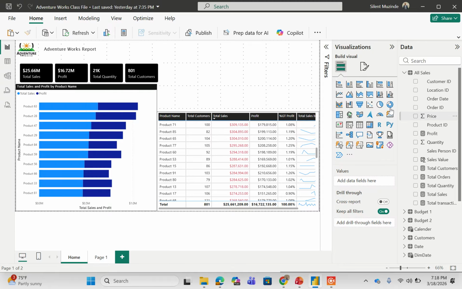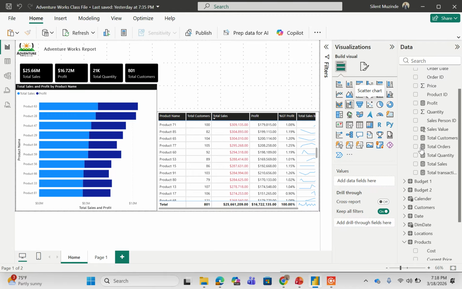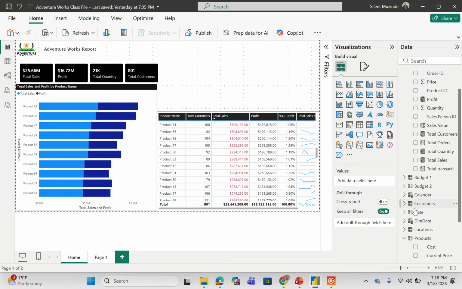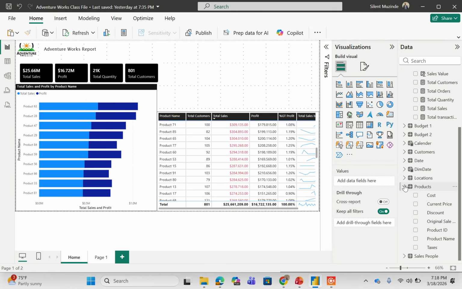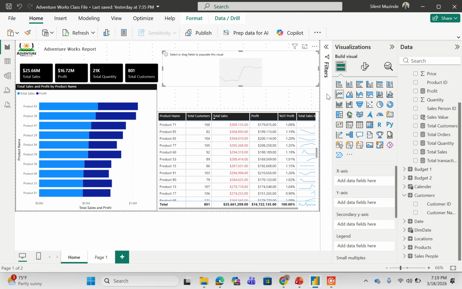Let me say maybe we need to show... Do we have the customer? What else can we show you? Add that line chart, right? We are going to add that line chart so that we can show the